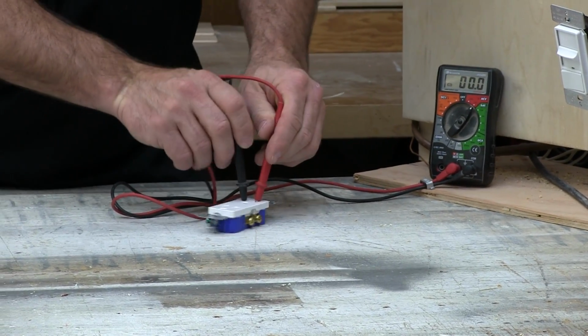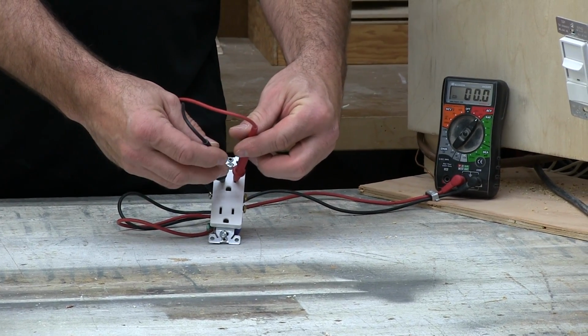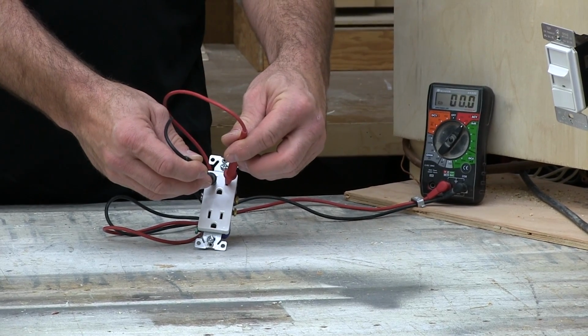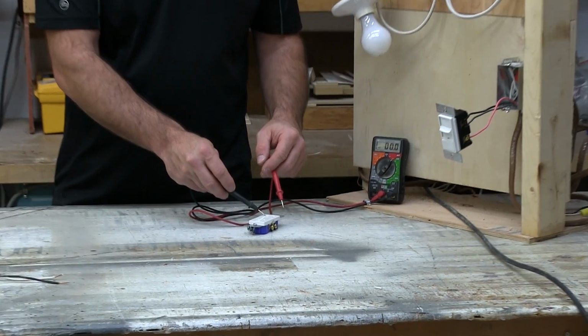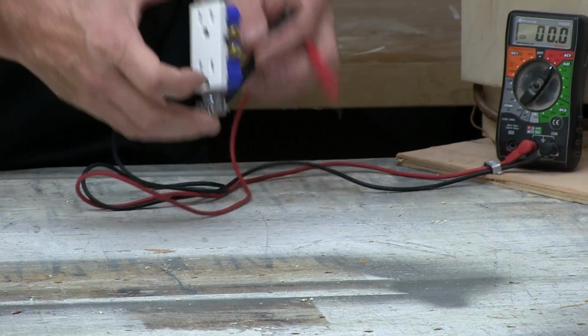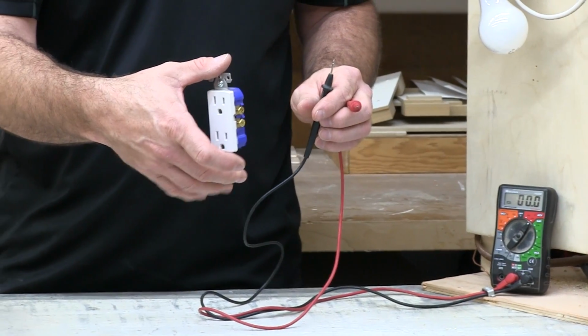Stick them fully into the receptacle, like so. And sometimes it might be necessary just to move them around a little bit, make sure they're getting contact inside there. Another thing you could do, if you're not 100% sure that you got a good enough contact, you could carefully undo the mounting screws on this, pull it out so it's just hanging off the wires,